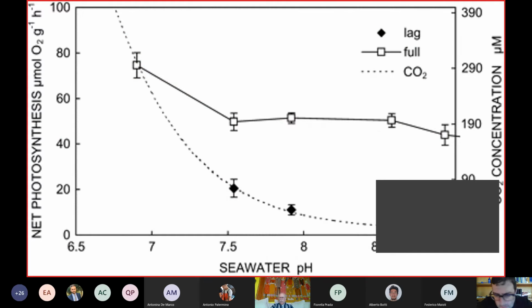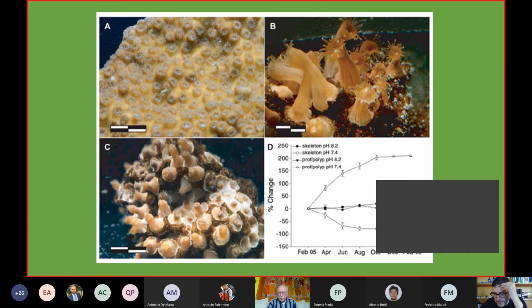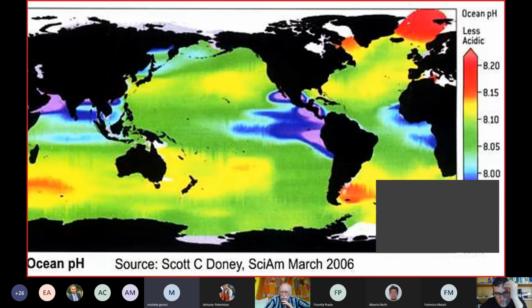Okay, Zvi, before going to this slide, there's Michele with a question. Yes, it's just a curiosity. In the previous slide, I see that in the Mediterranean there's no data. The previous one. Yes. And it seems that in the Strait of Sicily there's a basic pH. Yes. It is not detailed.